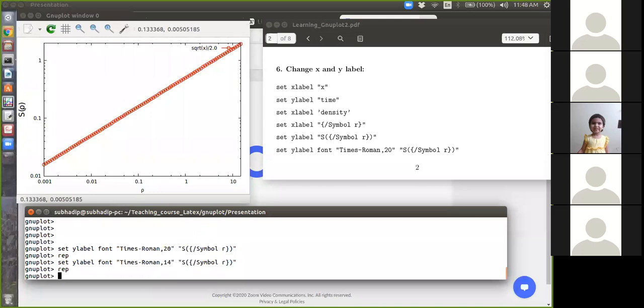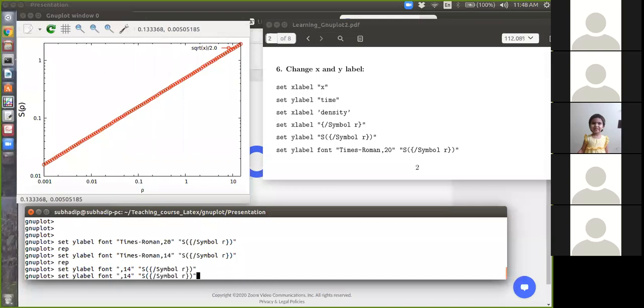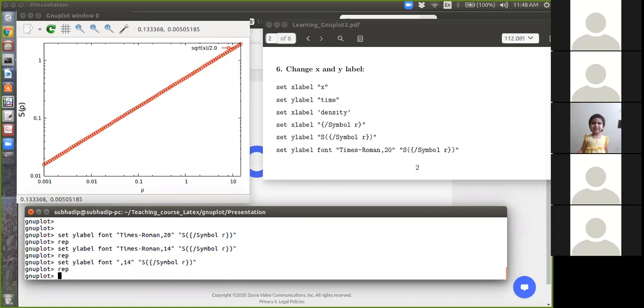Okay, you can change the font type, and if you don't want to change the style, you can use only this, just comma 14. It will also work. Okay, I think the Times Roman command didn't work here. It is giving the default. I will show you later.